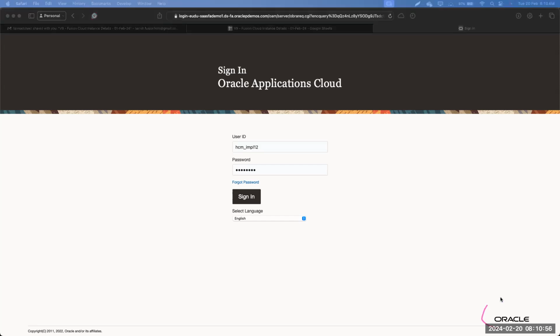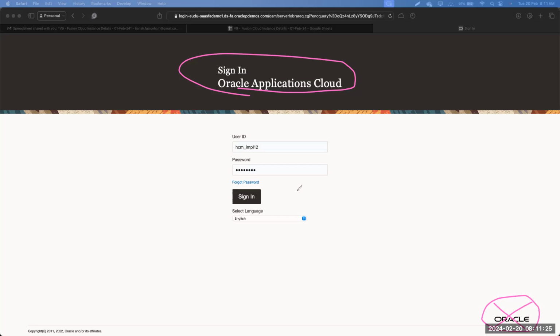So we have this Oracle logo here, right? The first thing the customer says is, we don't want the Oracle logo here. This is our company instance, and we want our employees to see only our logo here. And instead of this black, everything, they wanted to customize it. And the response or the solution to that is this page is completely uncustomizable. That means we cannot make any customizations on this page.